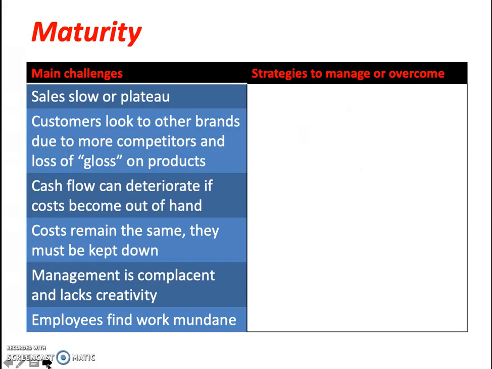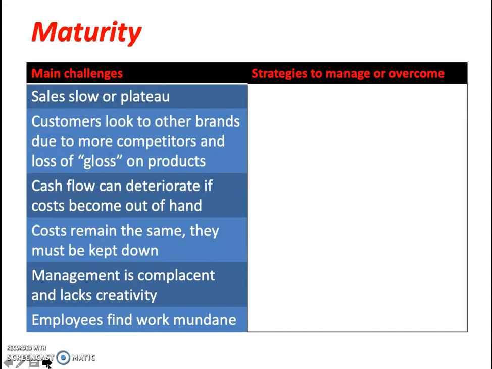Now, we're back to our table, which for this one is table 4.3. Once again, I'd like you to copy this down into your notes. You have the features or the main challenges at the maturity stage and the strategies to overcome them. At this point, you actually have a bit more finance. I can imagine in your notes from the growth and establishment phase, a lot of your things are constricted by money, being that your business doesn't have enough money to pay for all of this.